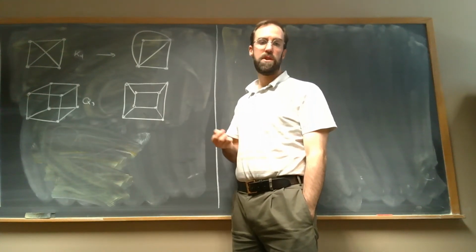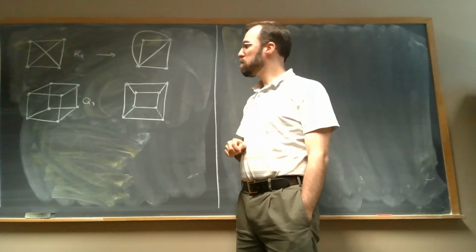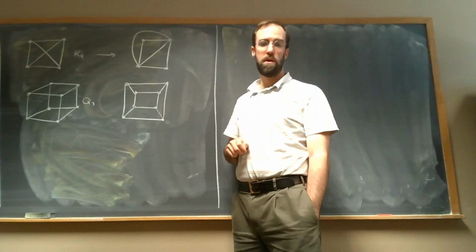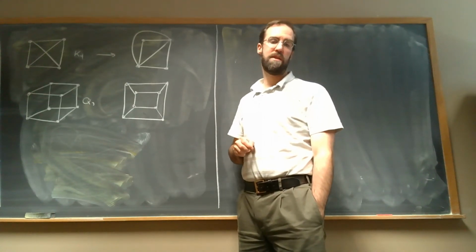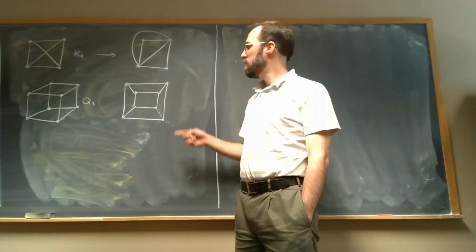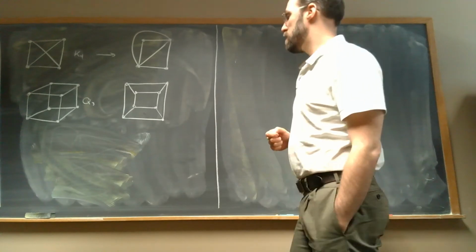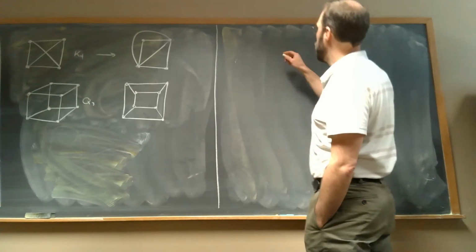So the question is, when can we do this? Can we always do this? So it turns out the answer is no. There's some graphs that no matter how you draw them on a flat sheet of paper, you're always going to have some edges cross. To see one example, there's a classic puzzle